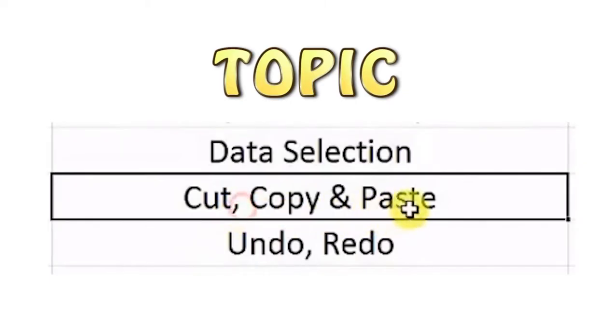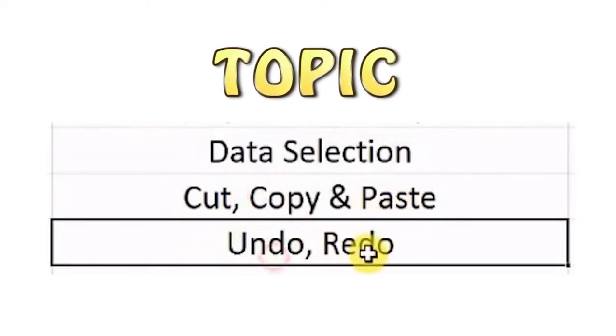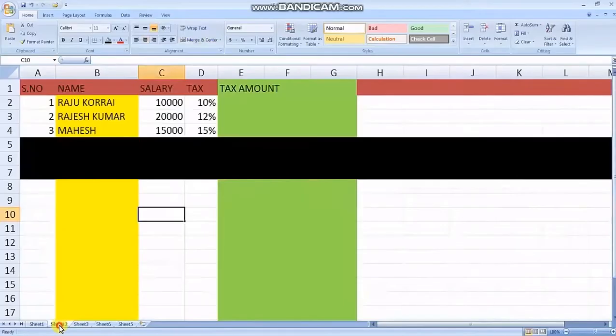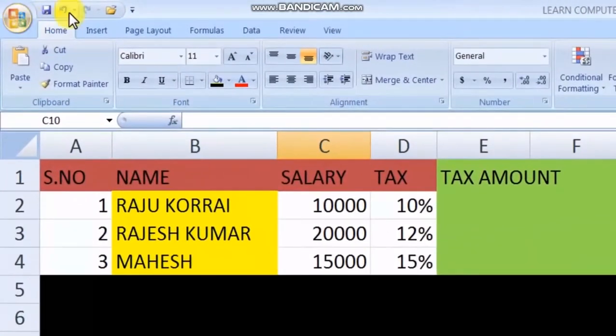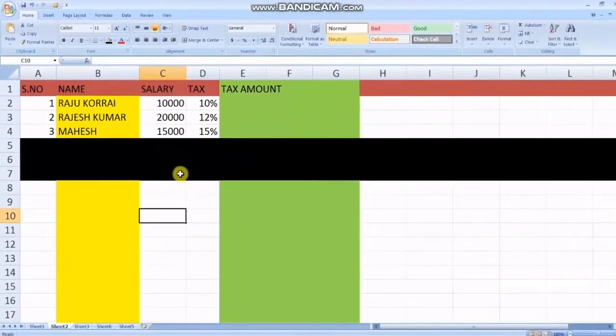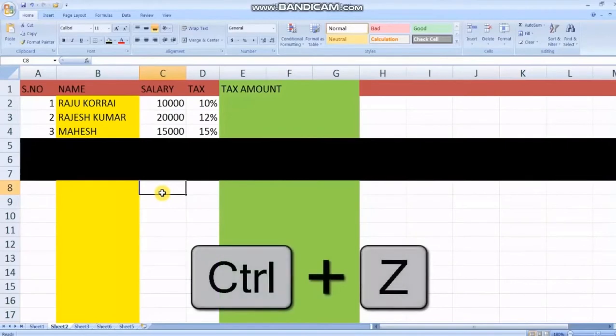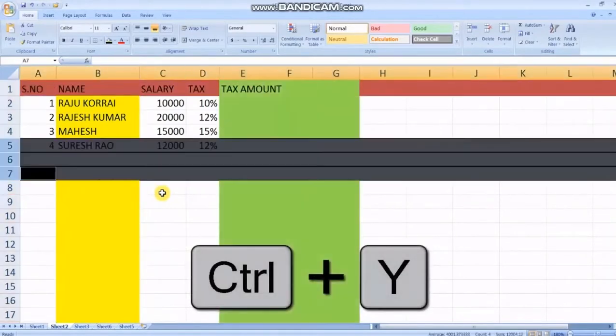Before going to cut, copy, paste, we are going to discuss undo and redo. Undo means undoing the last action done. Redo means redoing the last action undone. You will come to know better. Where is this undo located? Have a look here. Near the office button, on the right side of it, there is one left turned arrow, that is called undo, and this one is called the redo button. The shortcut key for undo is Ctrl plus Z, and for redo the shortcut key is Ctrl plus Y.